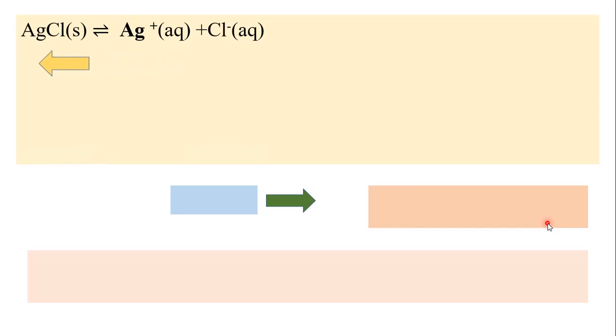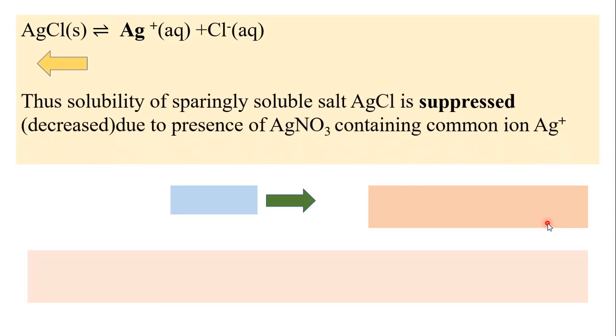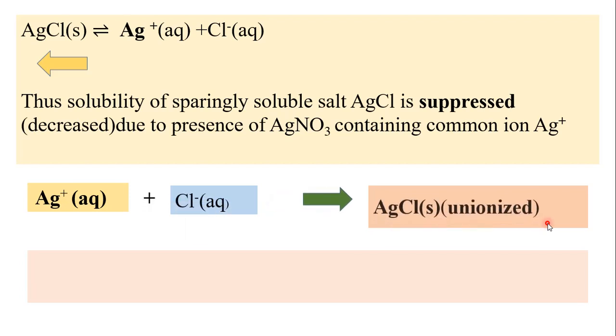That is, Ag ions react with Cl ions in the solution and form undissociated molecules of AgCl,